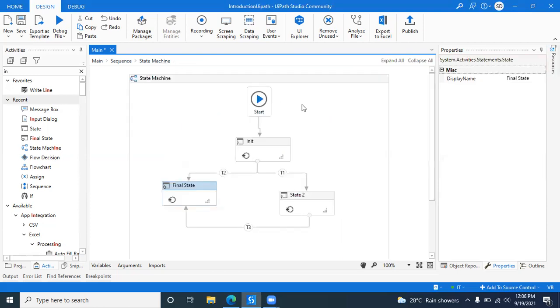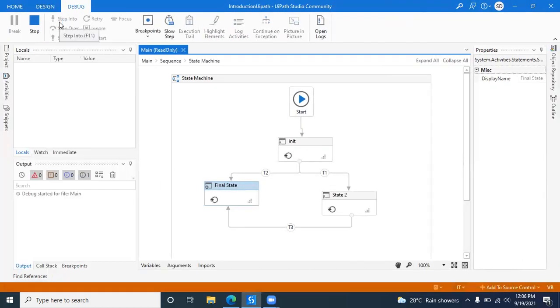Now, what is happening here? You are entering some amount. Let's say you are entering 700. 700 is greater than 500, so you can purchase the item because we have already put the condition in T1. Then you can purchase here. You can put some condition or whatever processing you have to do, process here and go to the end process. If you don't have sufficient balance, then you can directly go to the last or final state. Let me run the workflow so you can understand it in a better way.